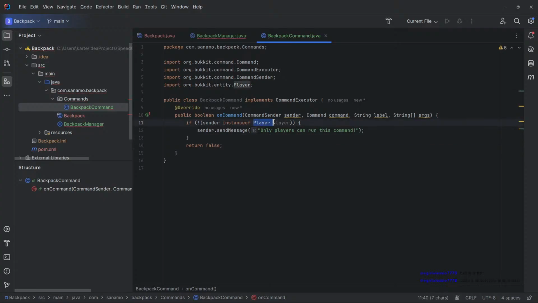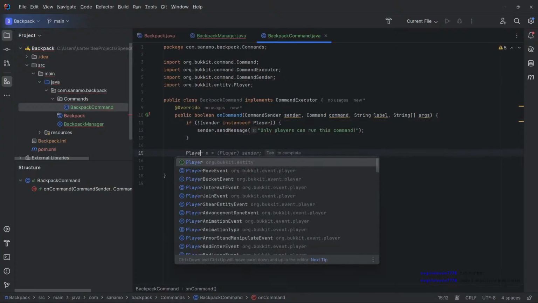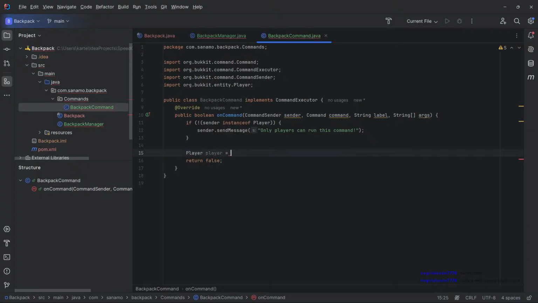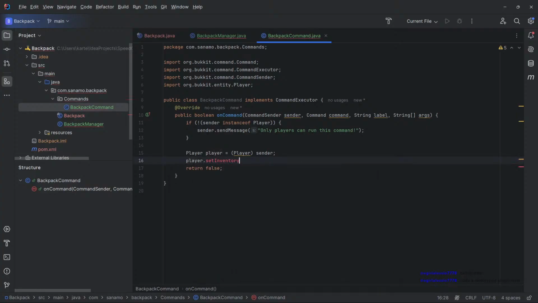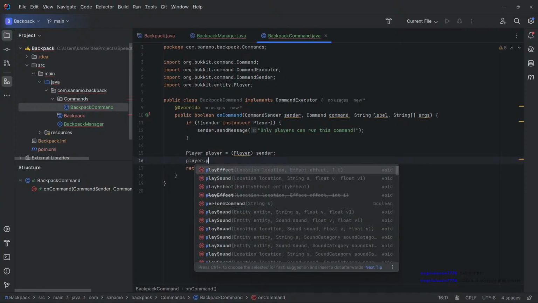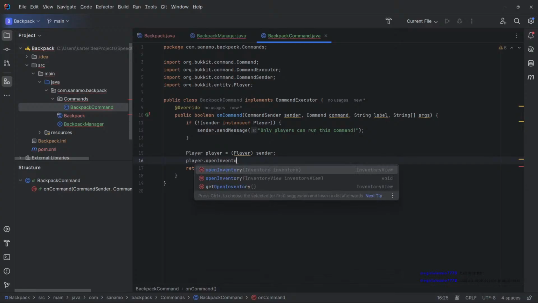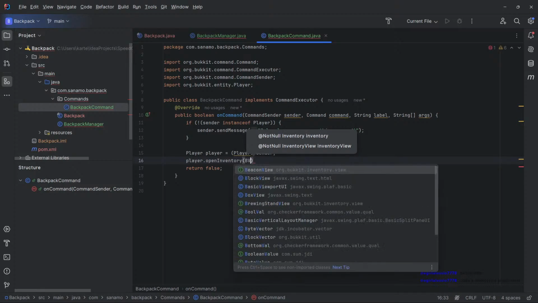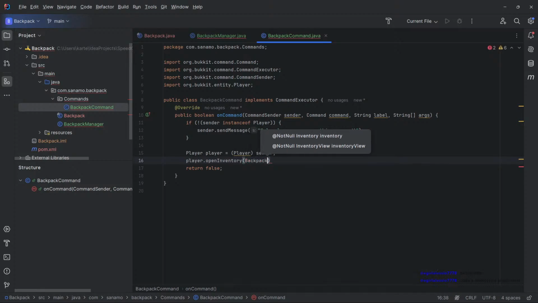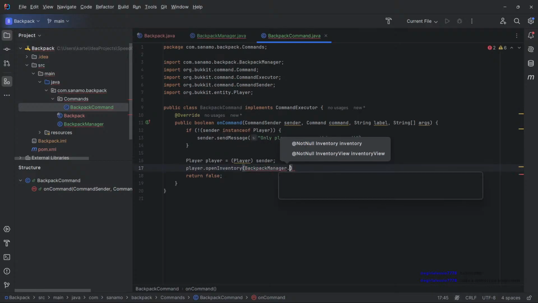Alright, I don't think that's correct. Instance of player. Instance of player. There we go. And now we have to grab player. Player is equal to cast player of the sender. And now we can say player dot set inventory. Not set inventory, open inventory. Open inventory. The inventory from backpack manager. Nope. Backpack manager dot,